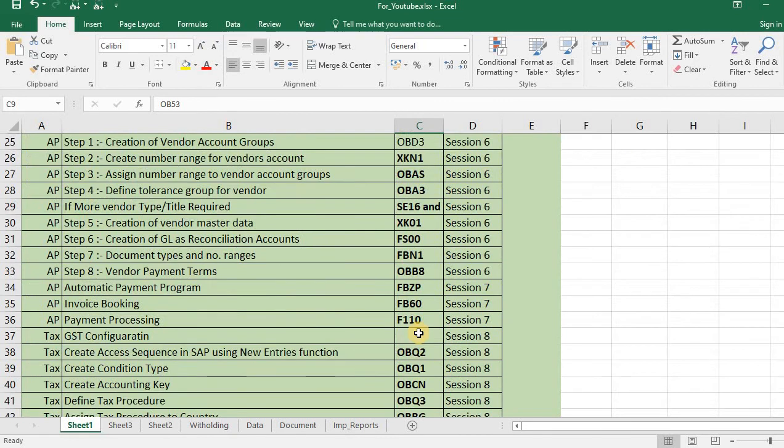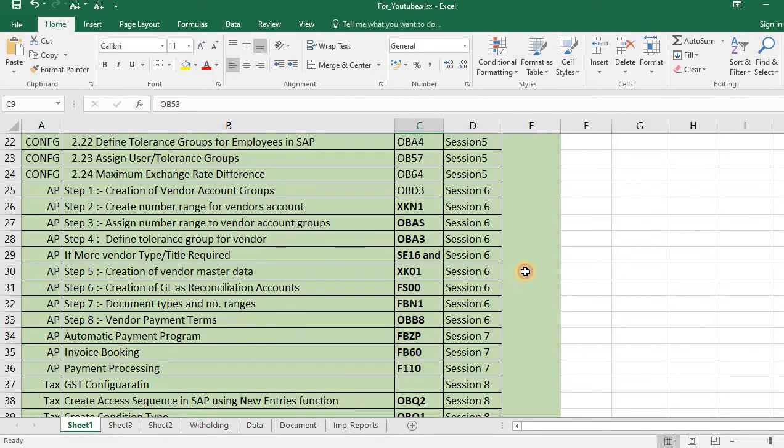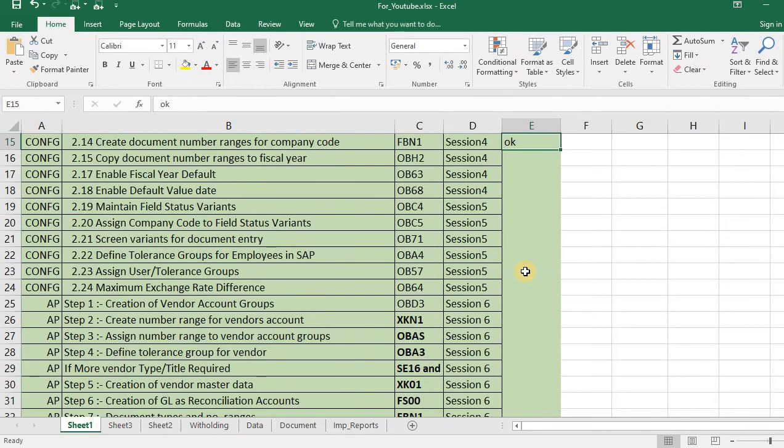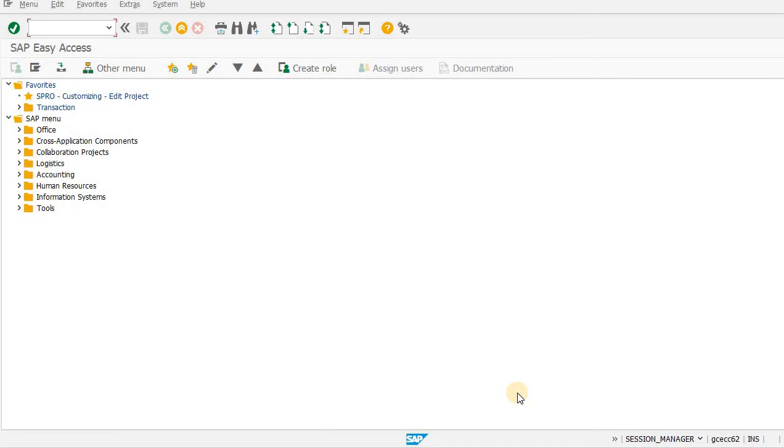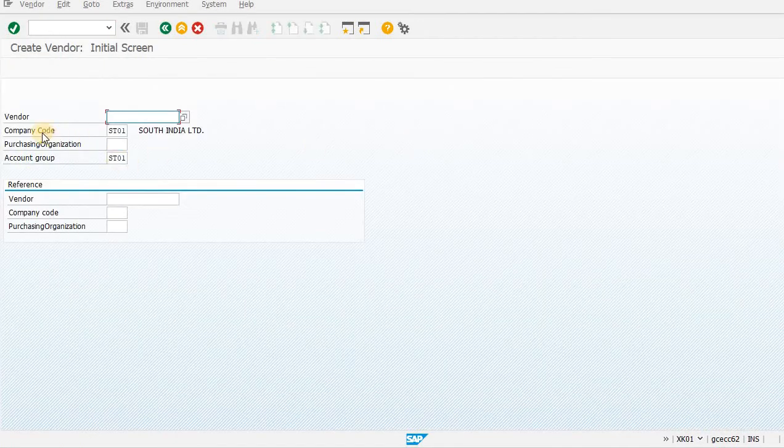So now come to our detail, like what we have done. Now go to XK01 for creating the vendor. So our company code is ST01. Purchasing, right now we haven't enabled it.